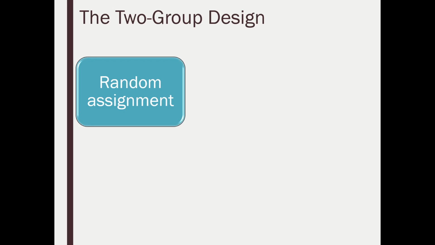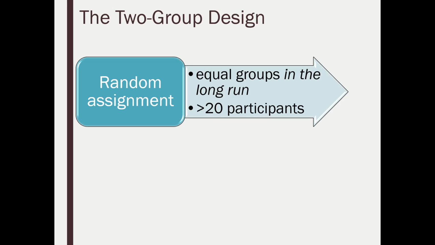So the two-group design relies on random assignment. The use of random assignment will produce equal groups in the long run as long as you have at least 20 participants. So we need to make sure that we're using random assignment